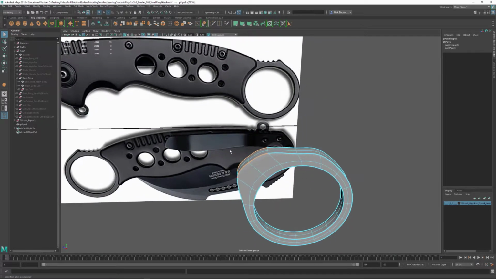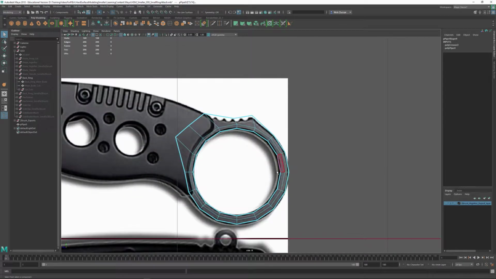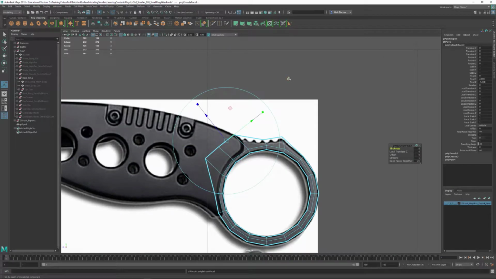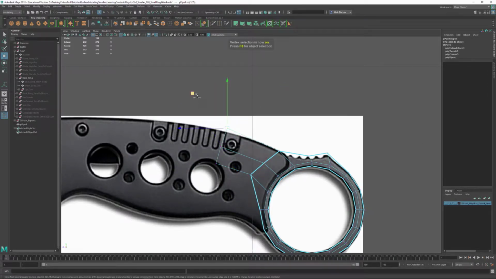Either way, I'll be fine, because I know I'm going to take these faces here. I'm going to tap 1, and I'm going to start to extrude those out. So I'll hit W for the move tool, and I'll just shift right click and say extrude face, and I'll take it off local mode and put it into world translation like this, and I can kind of rotate maybe this thing here, and then I'll hit F9 and I'll just reposition these verts just a little bit right in